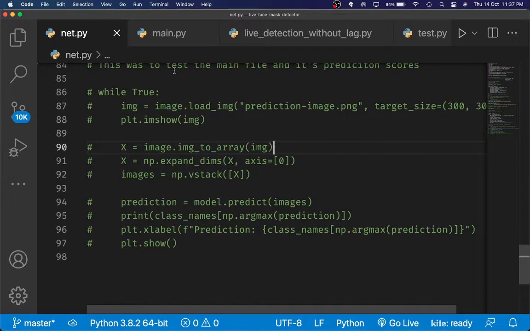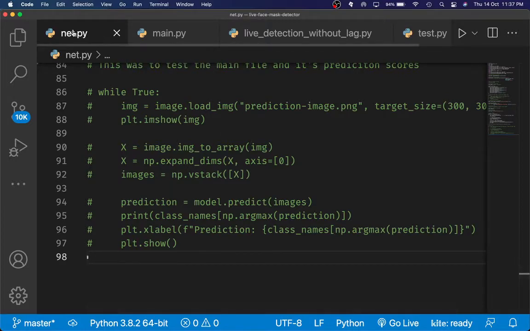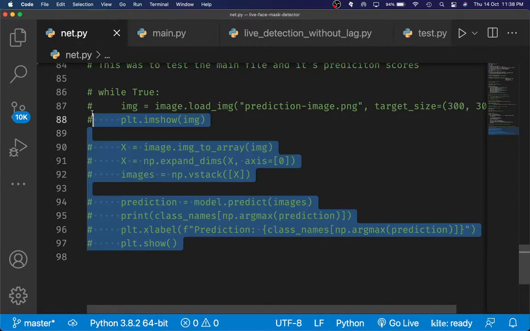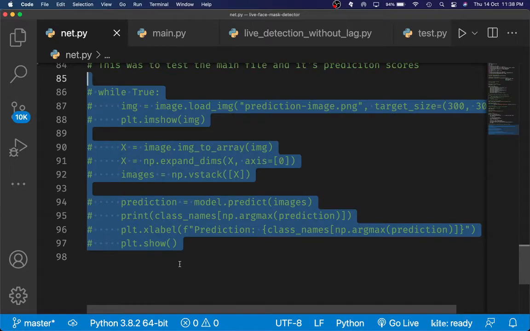I would predict on the prediction image, and then check if the net and the main matched with the predictions, just to check if there was nothing wrong with the model, or if there was something wrong with my updating the prediction. That was basically why I needed this line of code. You can pretty much get rid of it now.